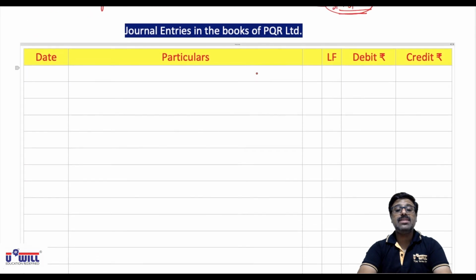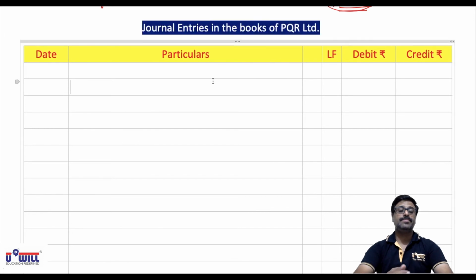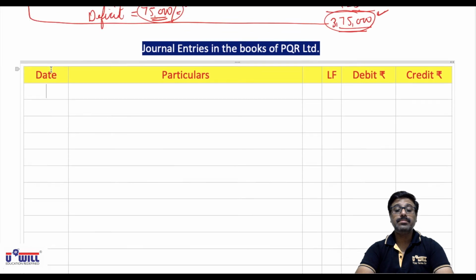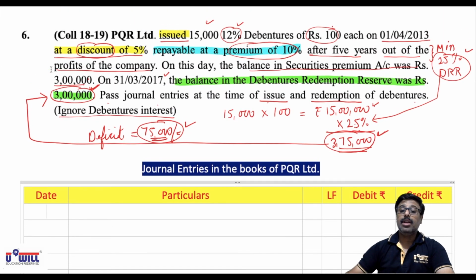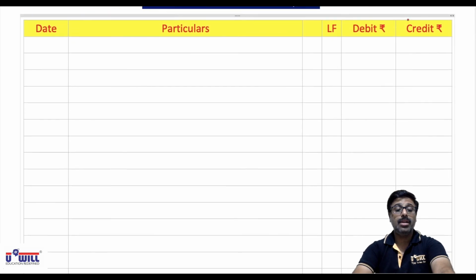Pause the video and make this format of journal entries in the books of PQR Limited. All of you do it fast. Okay, I hope everyone has done it. Now first we'll pass the entry of issue on 1/4/2013. So all of you write down